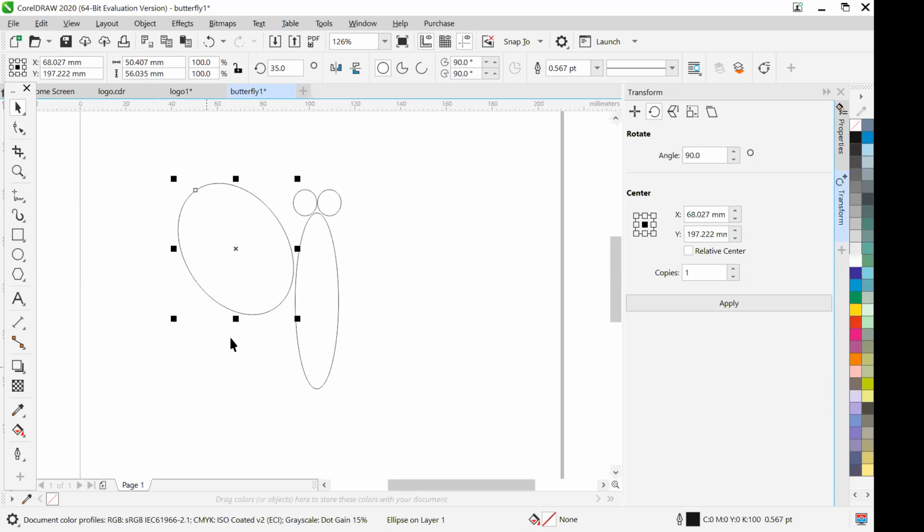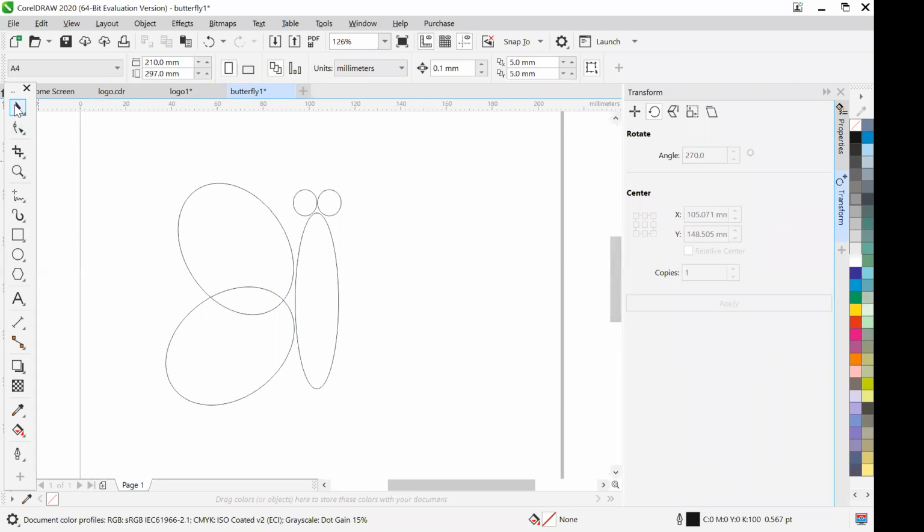If I want to create it here, I have to press Control C and create its copy. A 90-degree angle will not be okay. I will apply it. It's going to create the other side, so I don't want a 90-degree angle. What I want is a 270-degree angle. I will check it. It's that angle, 270-degree angle. So now only 10 minutes remaining. Very good. Thank you so much.